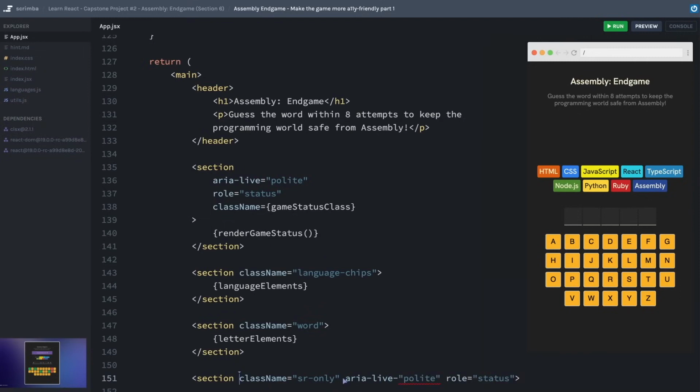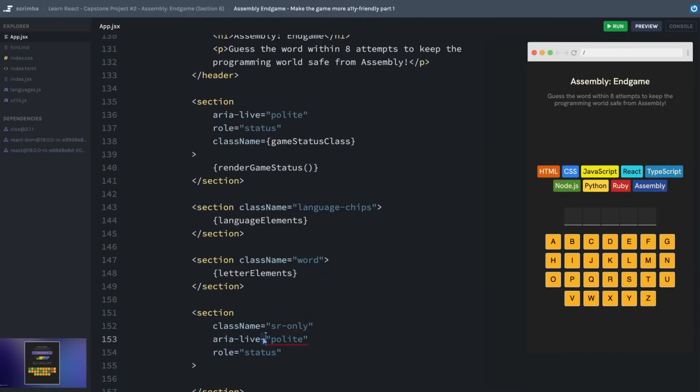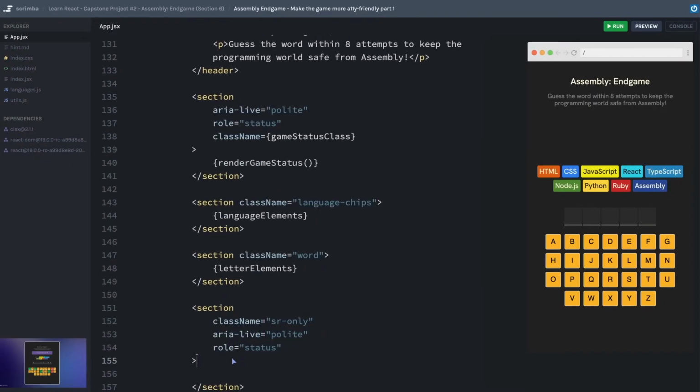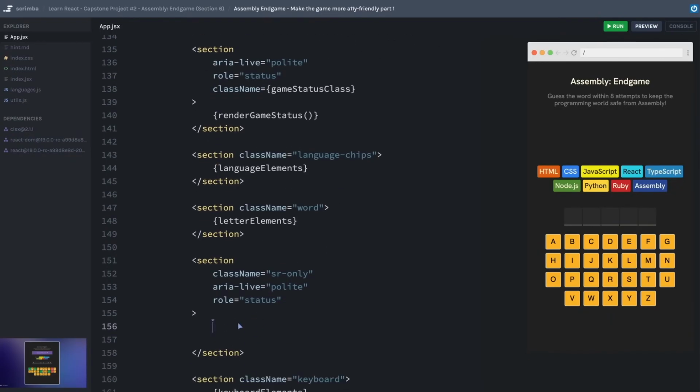Okay, let me put these on their own lines. And oh, I said dash instead of equals. Okay, so now anything that I put inside of this section is just going to be read out by the screen reader. And that will happen anytime there's an update to this section. So maybe the first thing I'll do is to put a paragraph that will just read out what the current word is. And because this will never be there visually, I can actually type in the text that I want the screen reader to read. So I can say something like the current word, colon, and then I can just have it read out each individual letter of the current word. So let's see, we have our current word.